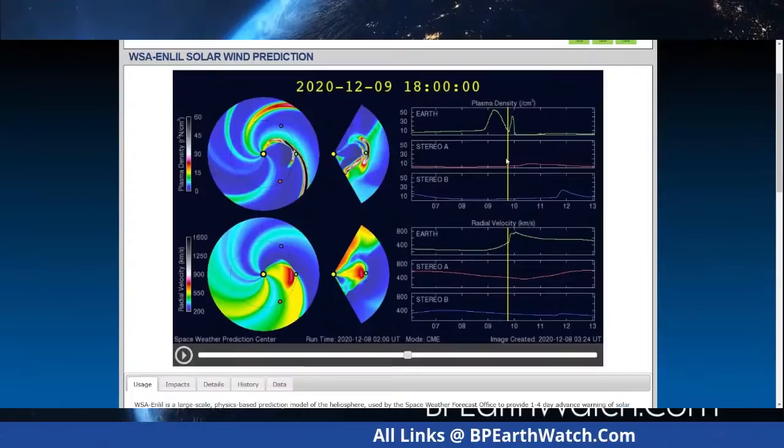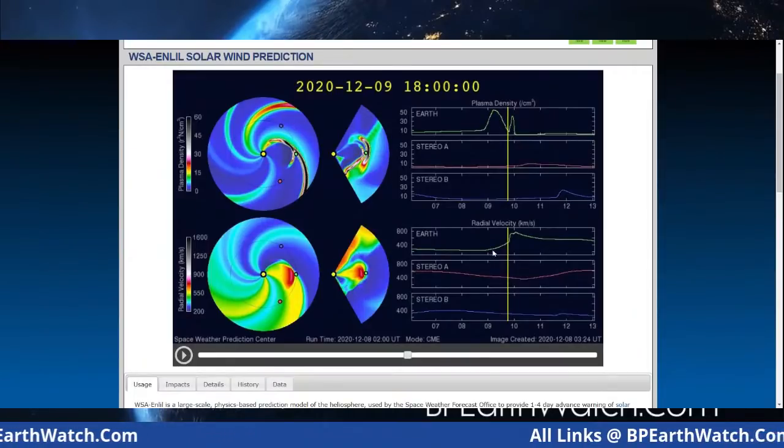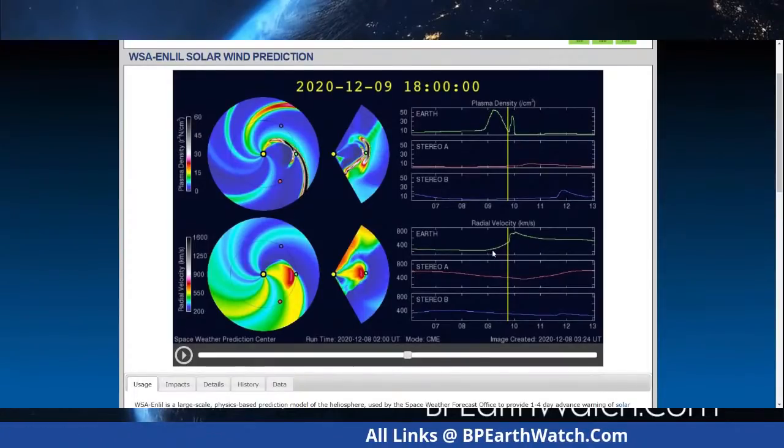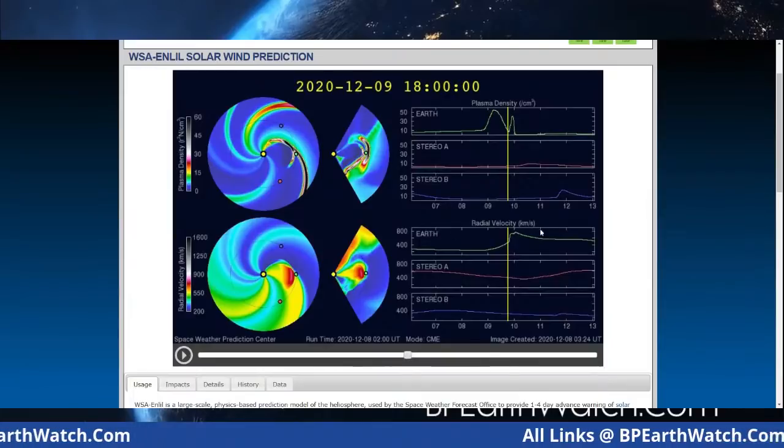But notice when we're dealing with the first pulse from the IMF here, the solar wind is not really reacting, just a little. See it right there? And that's what we're starting to see now. But when the CME gets here, that's when you see the solar wind speed jump.